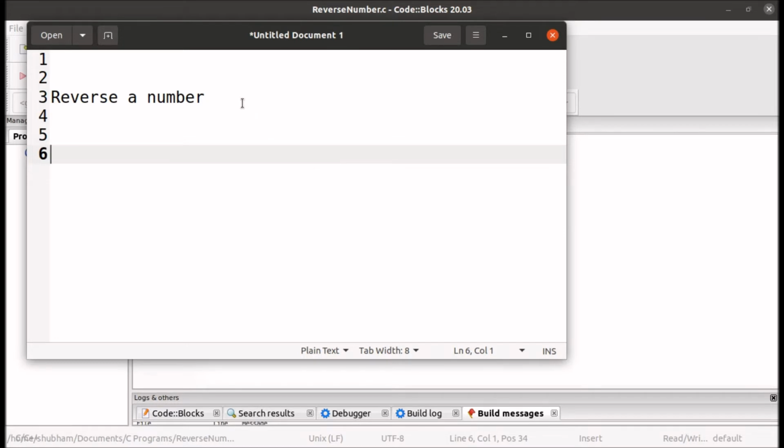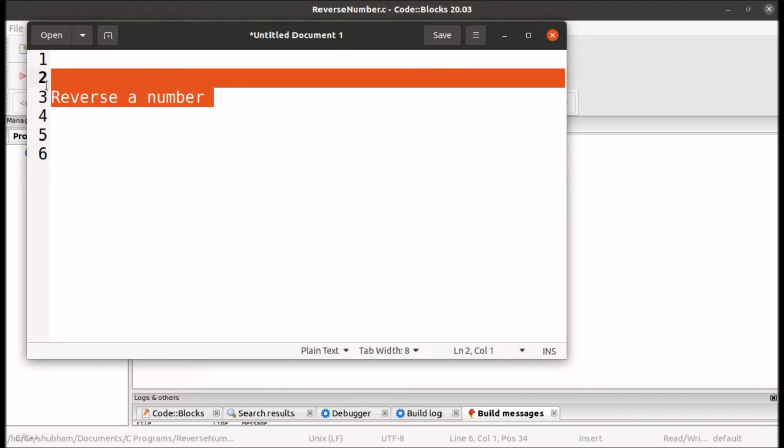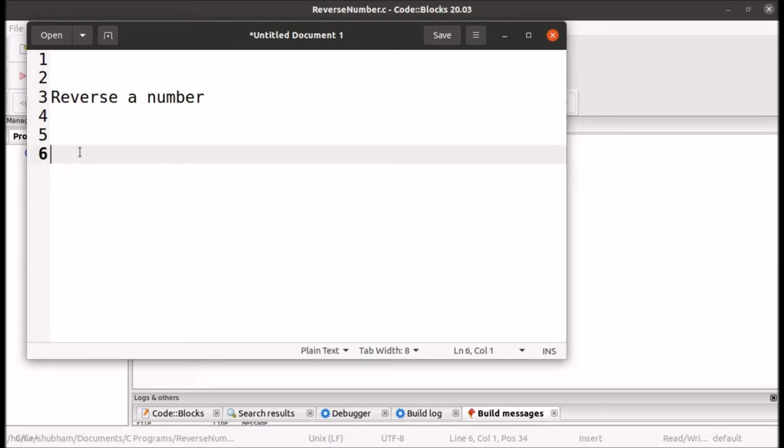We will write a C program to reverse a number. Suppose we have a number equal to 123, then we have to print the reverse of it, that is 321. So for achieving this we will require